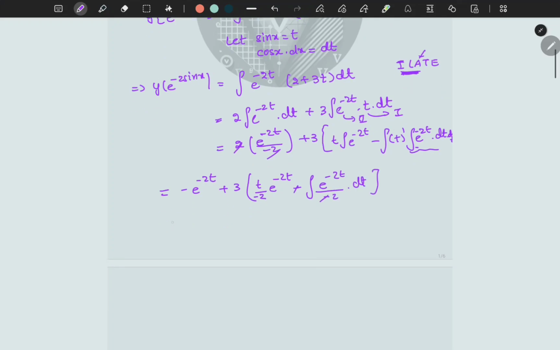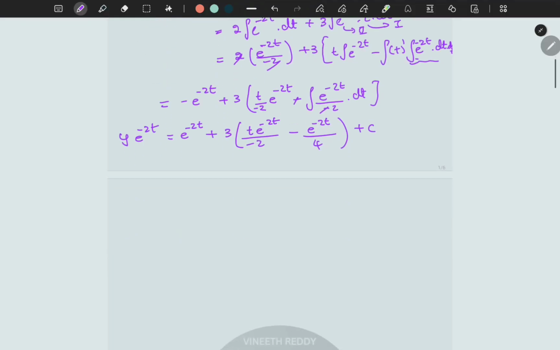Now this and this gets cancelled, so ultimately we are left with e power minus 2t plus 3 into t e power minus 2t divided by minus 2. Now again we have to integrate this, so we'll once again get a negative sign. I hope you understood this, plus c. Now this is y into e power minus 2 sin x, or we can even write this as minus 2t. Now if I multiply with